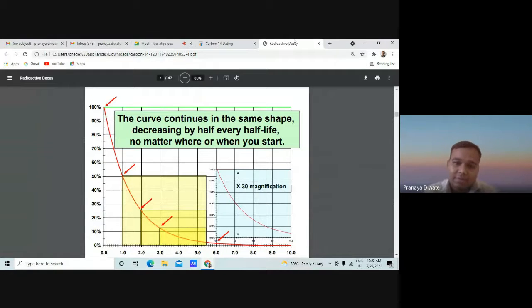So this curve is showing where you have exactly. If your material is not converted to 1 gram, if it is 1.27 grams also, you can calculate the age accordingly. Because you know how much time is actually required for 2 grams of the sample to convert to 1 gram of the sample.